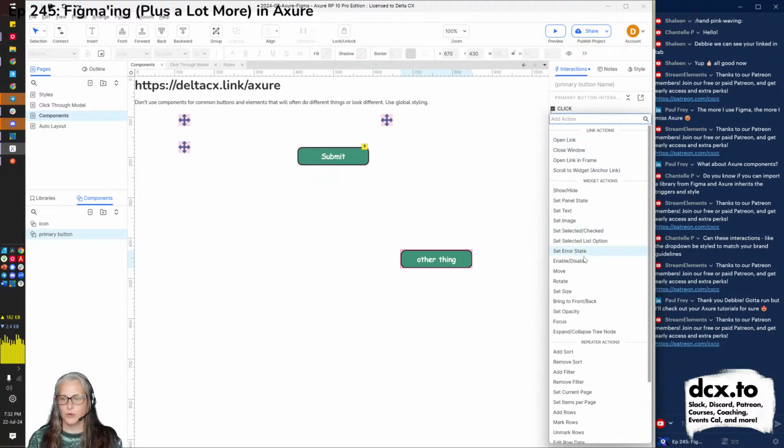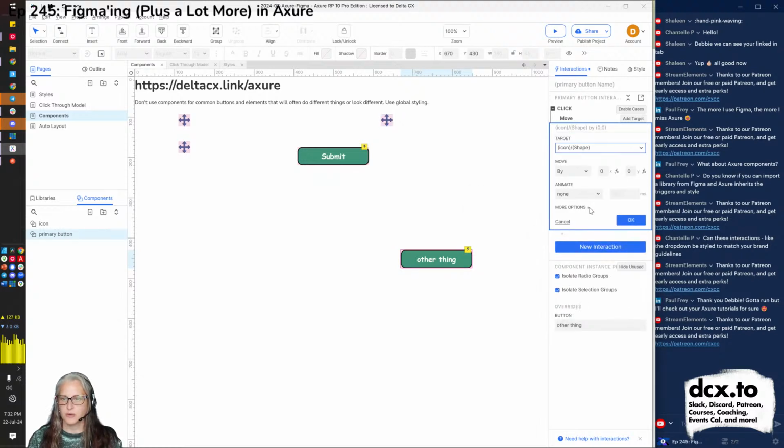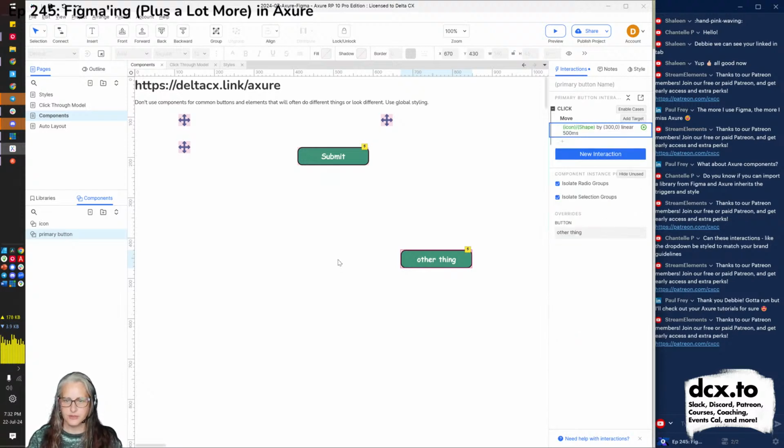Let's make it move something just for fun. Let's make it move this shape, and it'll move 300 pixels to the right with a linear slide. Just for fun. I'm feeling fun.